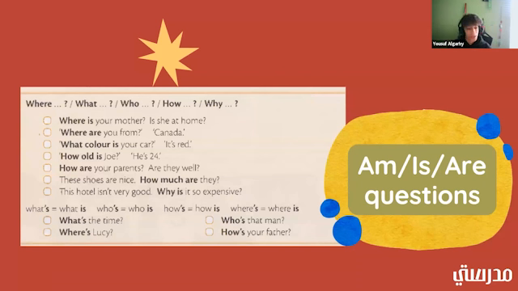Okay. And then we have where's Lucy. Okay, so we have the word where's. If we separate that word, what two words would it be? Where is Lucy? Okay, good. All right, now we have who's that man? We have who's. If we separate that, what two words is it? Who is that man? Good. All right. And then we have how's your father? If we separate that, what two words is it? How is your father? Okay, good.